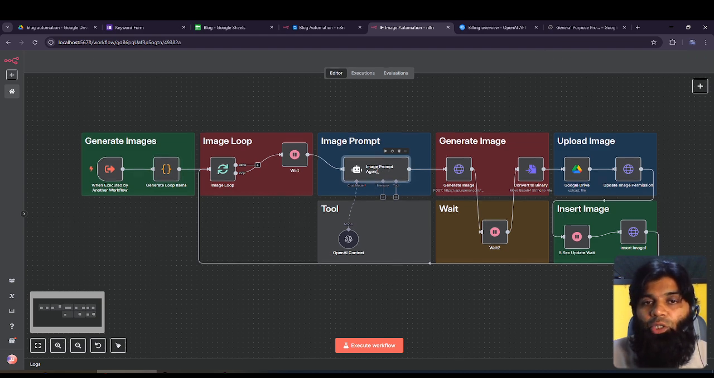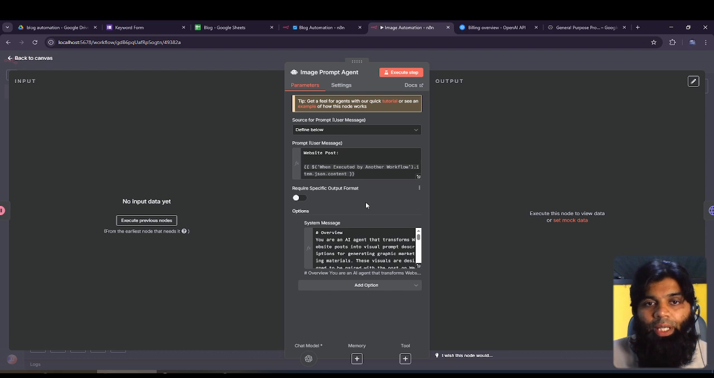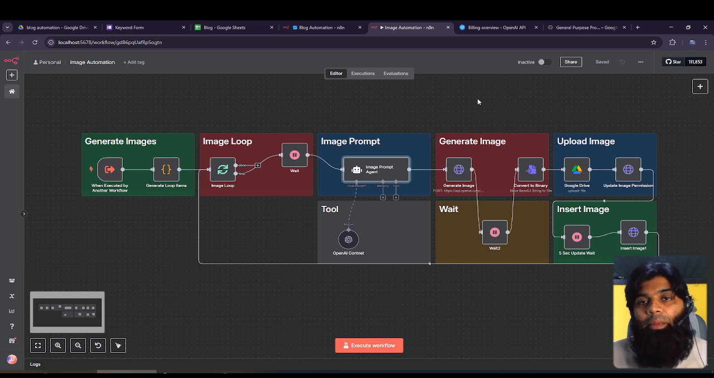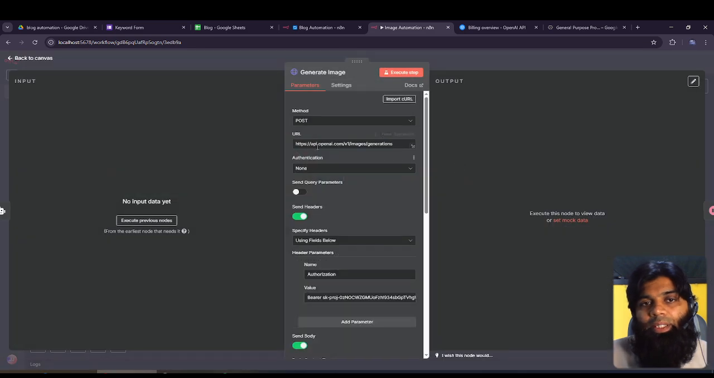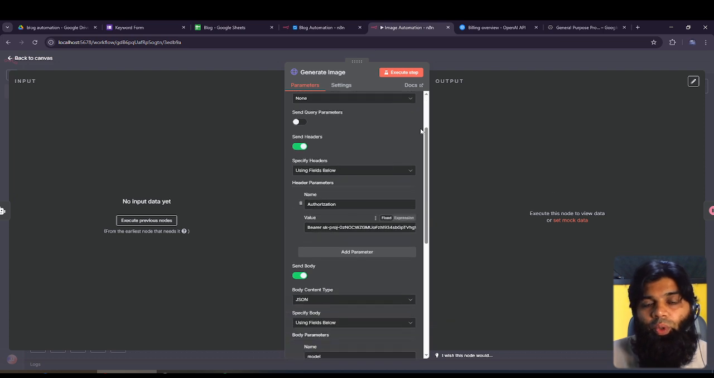So this is an image prompt. We inject that content into this workflow, and it creates the content for the image. So we create the image from the content. How do we create the image? We call an API, api.openai.com images generations. This is the API URL, and we have to give some authorization code to it,